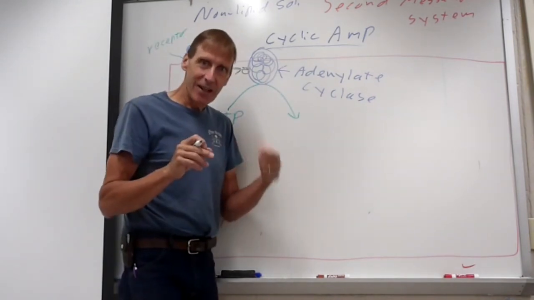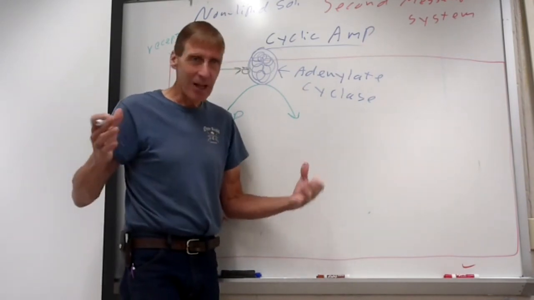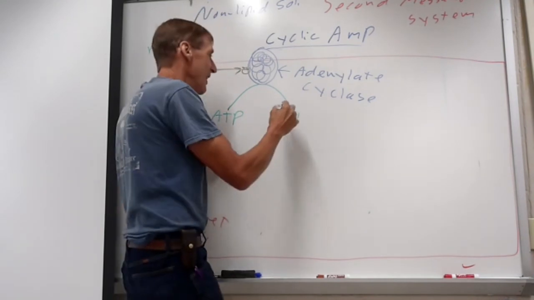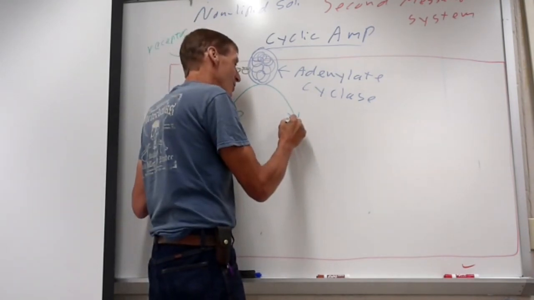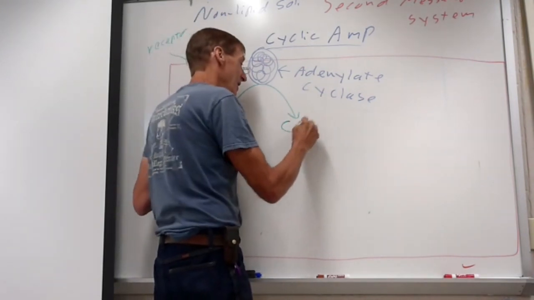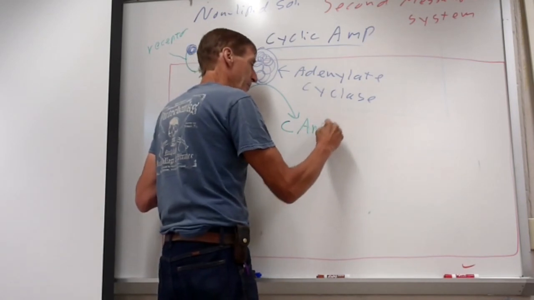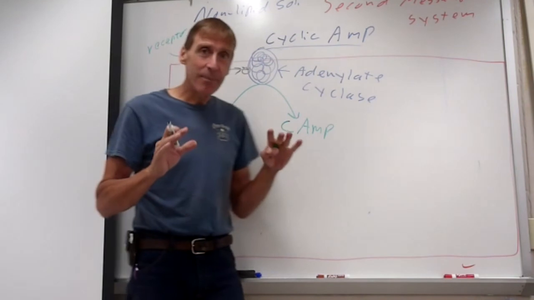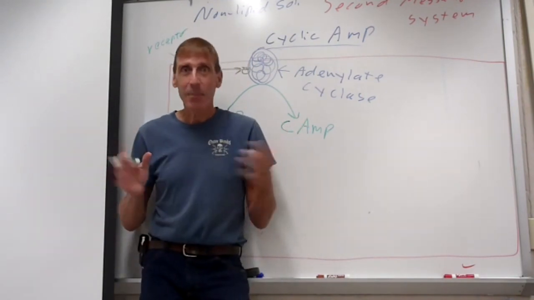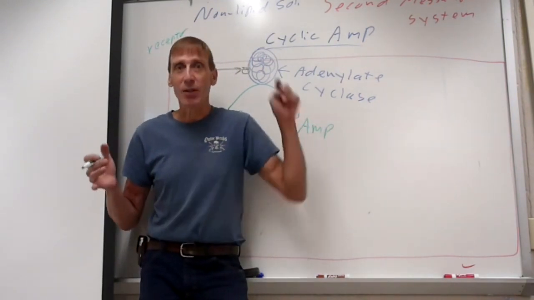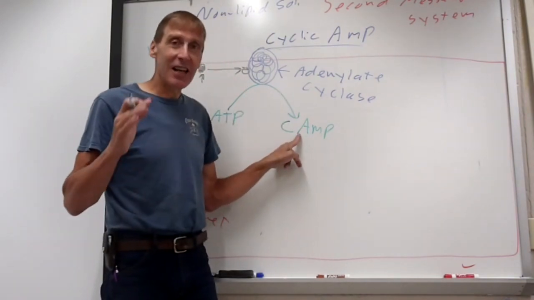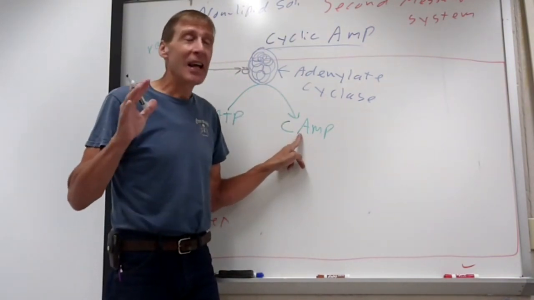ATP, remember that one, adenosine triphosphate, common in the cytoplasm. That's what all the metabolic pathways produce. Living cells will have ATP in them. And it then enzymatically converts it into cyclic, I'll just put a C down there, cyclic AMP. That is the second messenger. Normally, if that hormone wasn't present, that cyclic AMP wouldn't be in the cell. It's not there at all. But as soon as that hormone binds to the receptor, it basically causes a production of this cyclic AMP. That's the signal.